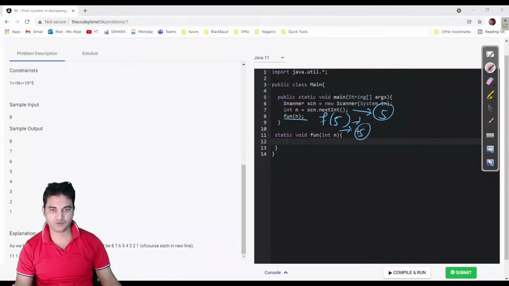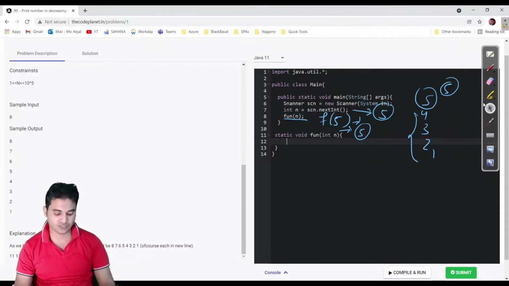Now our expectation is that if we pass 5, then the program should print 5 4 3 2 1. So we will print 5 and then call the same method using the smaller value, which is n-1, or 5-1, both are the same.